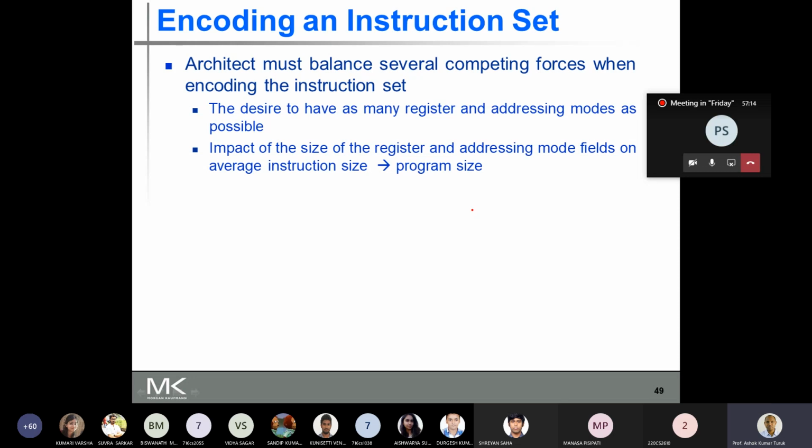The number of registers and addressing modes will impact the size of the instruction, and the size of the instruction will affect the size of the program code that is generated.